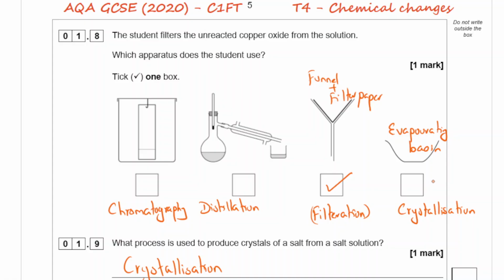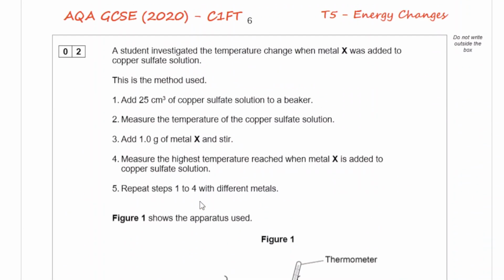And that would be this setup. You'd simply add the salt solution into the evaporating basin and heat it using a water bath till you evaporate half the liquid and then leave it to crystallize on its own in a warm place. Question number 2